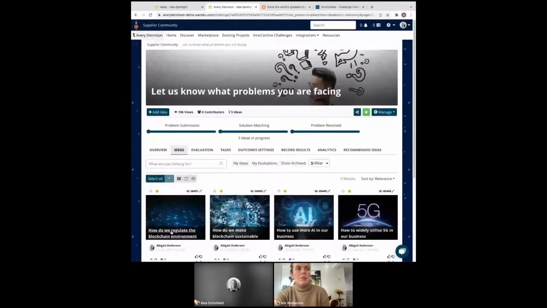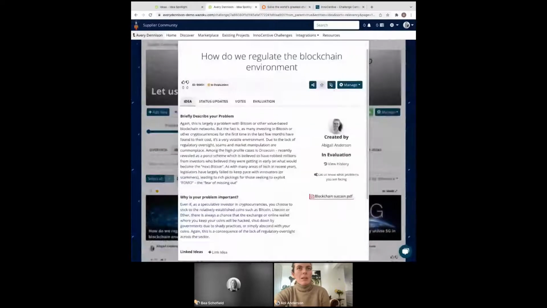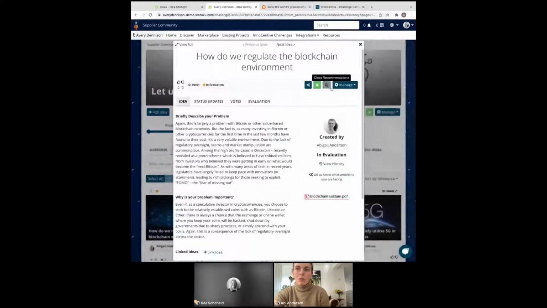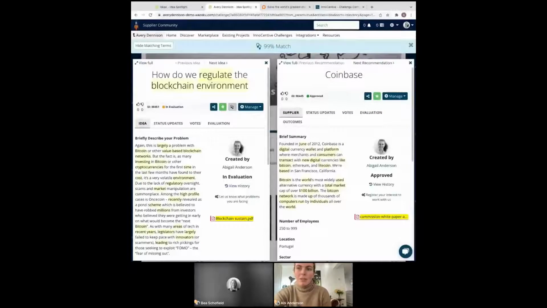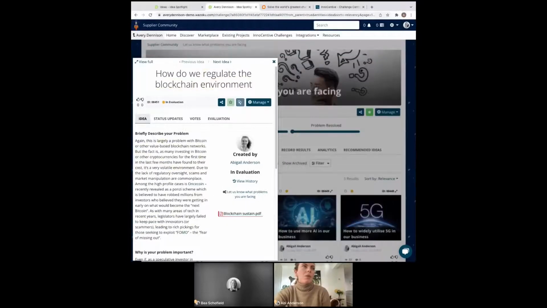Using the machine learning of the platform, you're then able to quickly match those solutions to suppliers within your supplier community. So by leveraging the information that they put in when they describe who they are as an individual or as a supplier, you're able to match those to your internal problems and move them through your supplier process faster as a result of them solving current pain points for your organization.